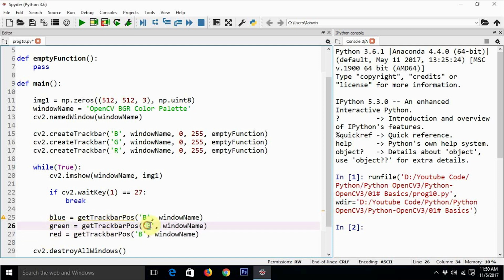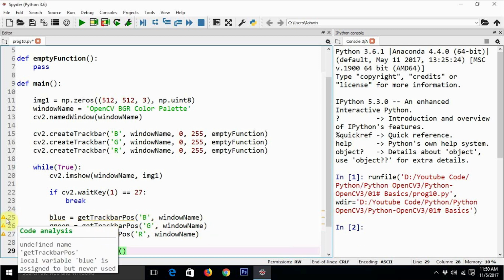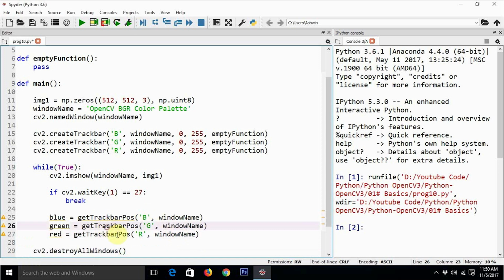B, G and R. Let's see what getTrackbarPos does. Okay, it says undefined function, but okay, it is not undefined anymore.